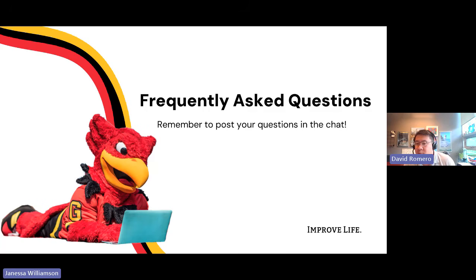I'm trying to pull up the selection window. I didn't see an exact time listed. So I would assume, based off of the other windows, that it would be 8 a.m. But just check back in on the course selection window website for the specific time. But I believe it would be 8 a.m.